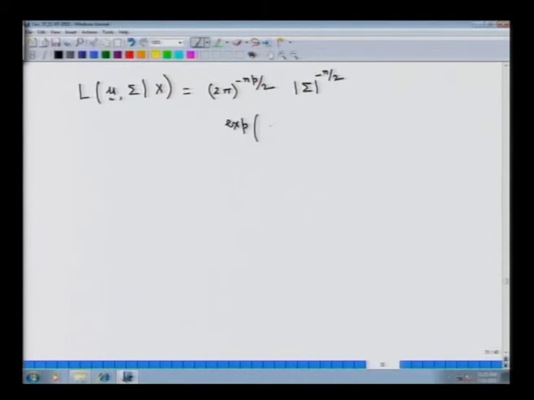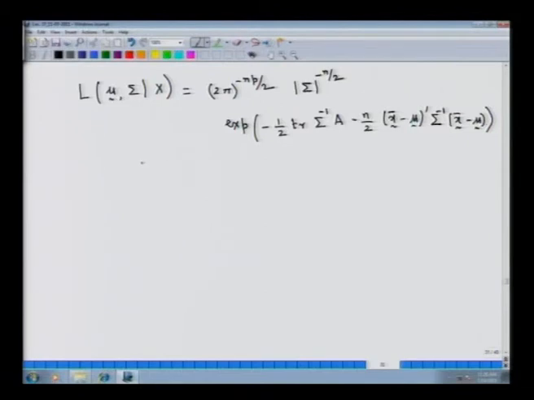Now, we will straight away write the form of the exponent that we usually use, which is minus half trace of sigma inverse A, this minus n by 2 x bar minus mu transpose sigma inverse x bar minus mu,